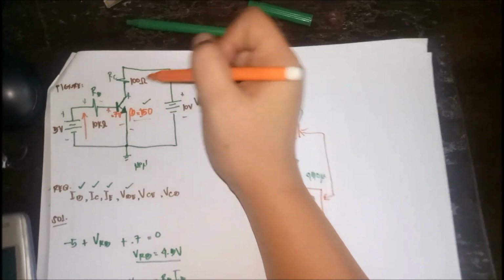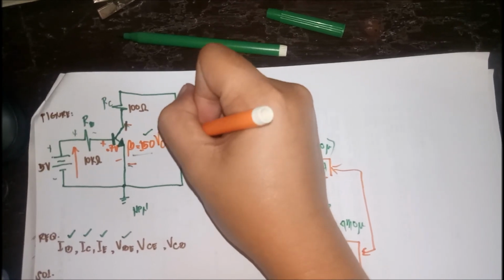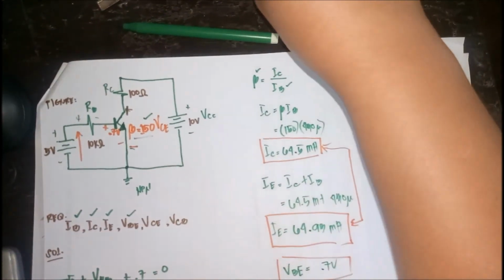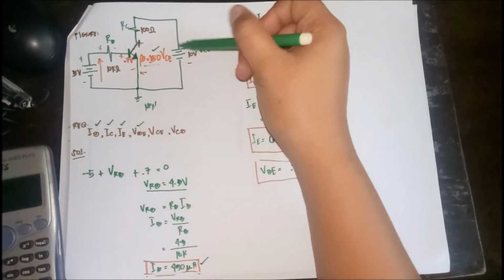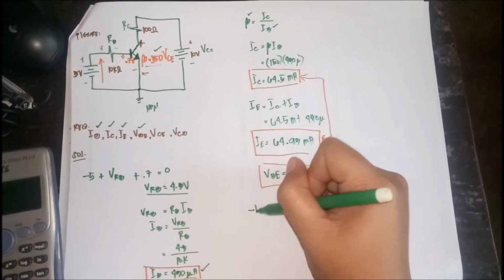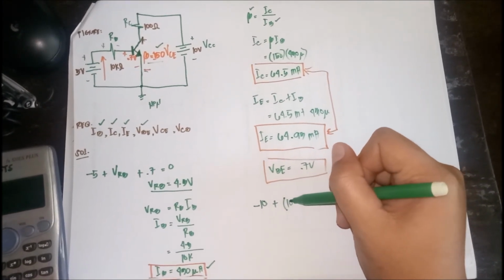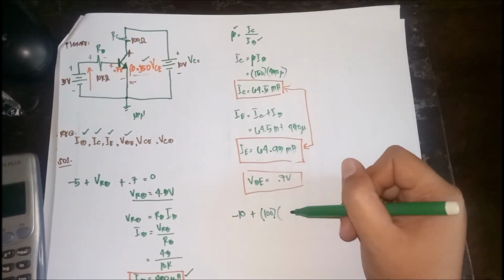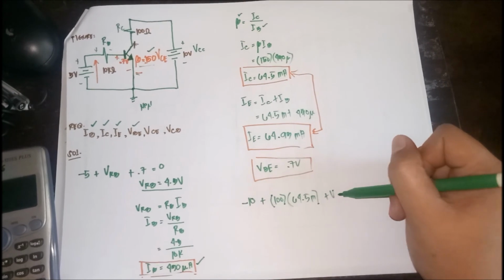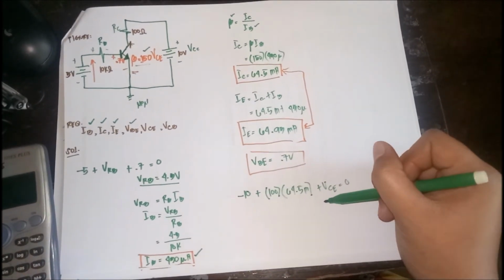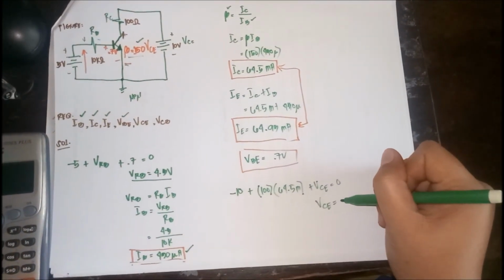This is, lapit ko nga. This is positive, negative, VCE. Okay? Ayun. So, we're gonna do the loop. KVL natin, this would be, I'm gonna start here. This would be negative. 10 na po automatic. Plus, diretso ko na ha. This is a 100 RC times, what is our IC? 64.5 milliampere plus VCE is equal to 0. That gives us VCE, which is equal to, this is